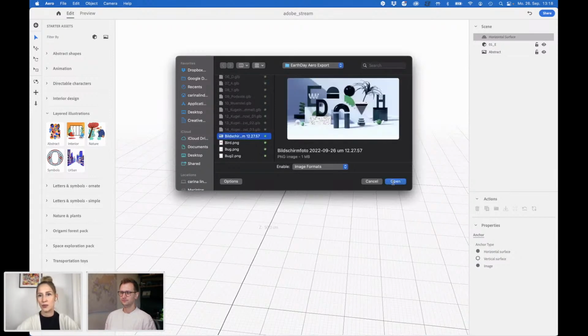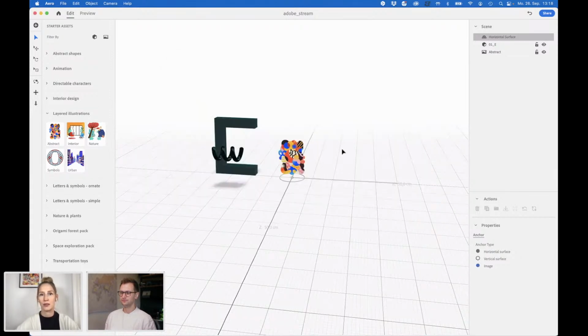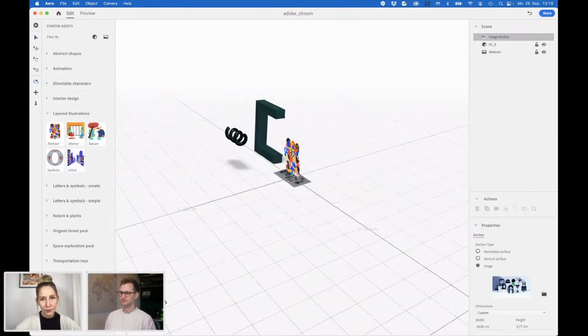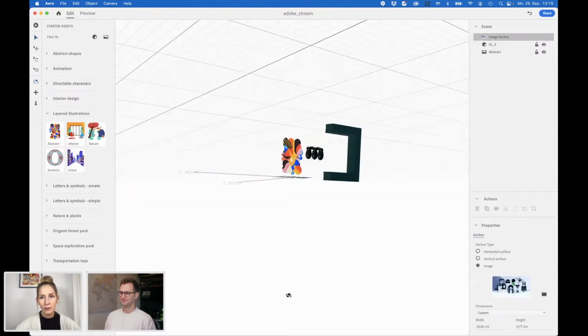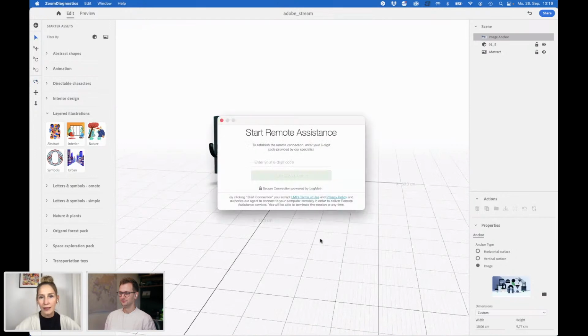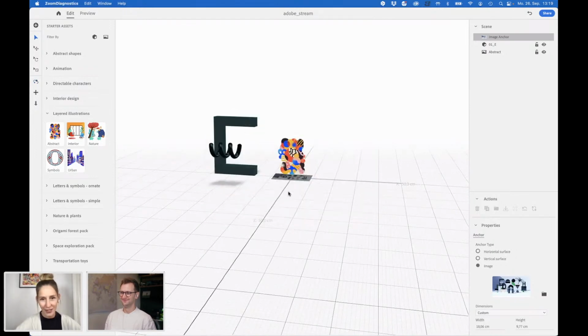I can just choose this one because this is what the Earth Day is all about. Oh no, close angle. And then, oh no, my computer hates me today.